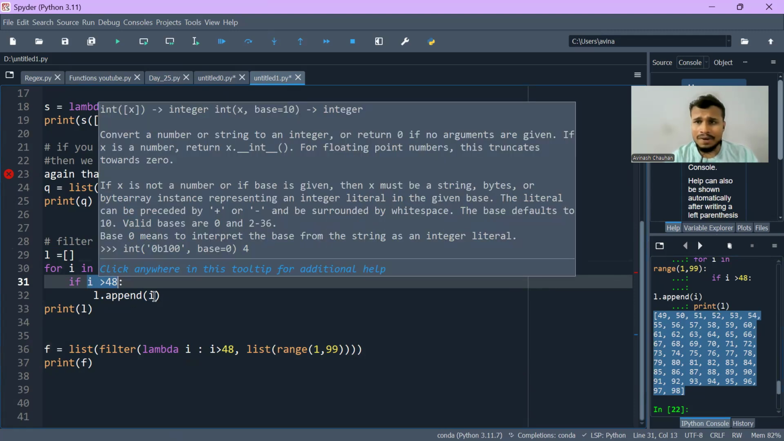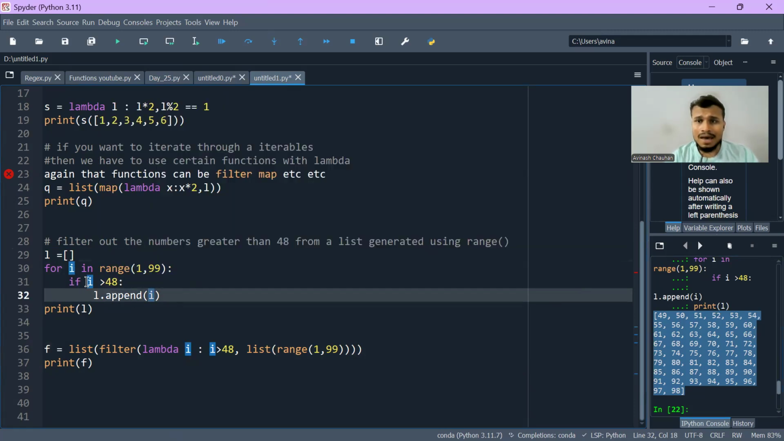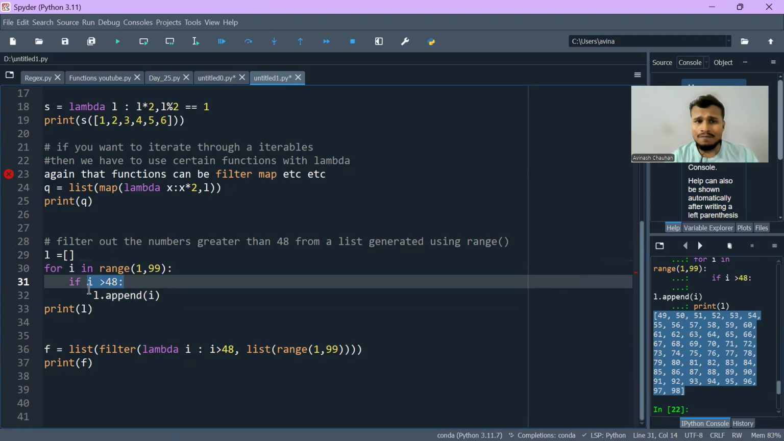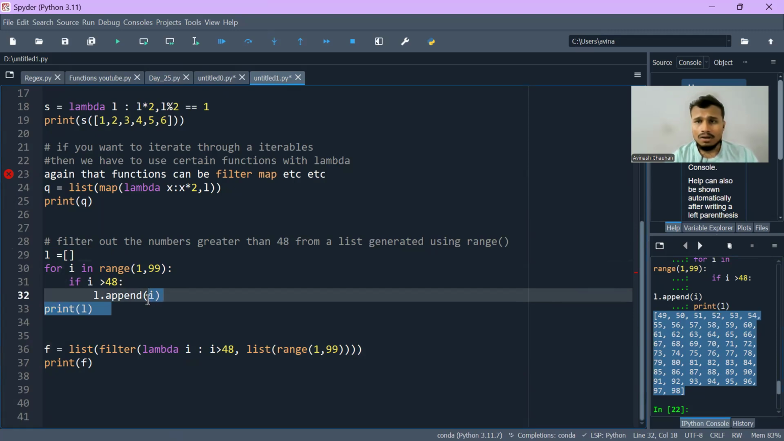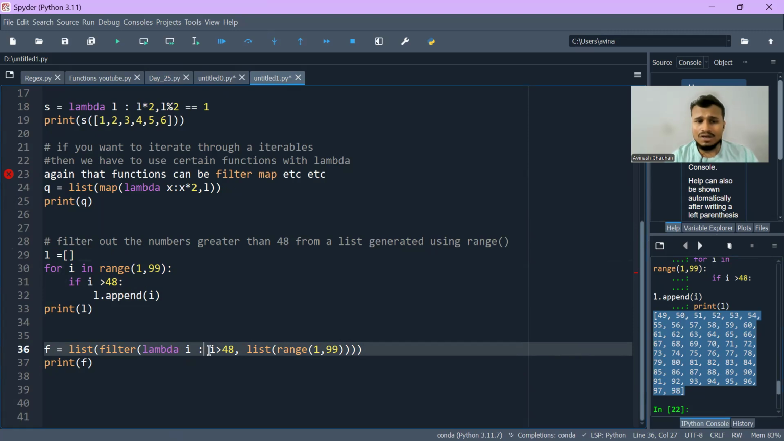For that reason I was appending i here. I was checking that my i value should be greater than 48, and if it's greater than 48, I was appending them inside a list. So here also I'm doing the same thing. I'm checking